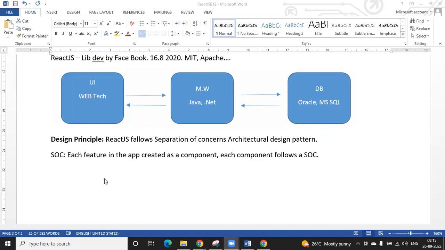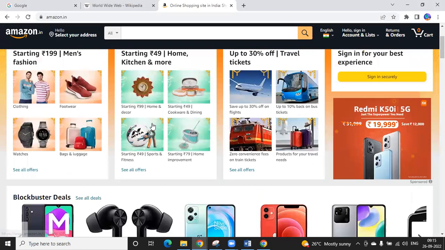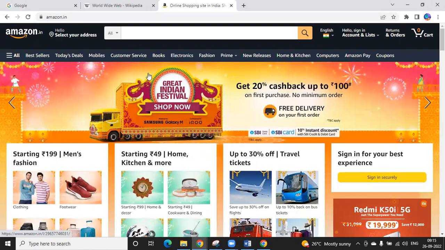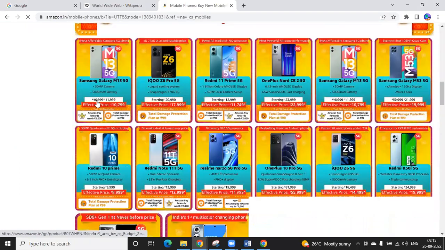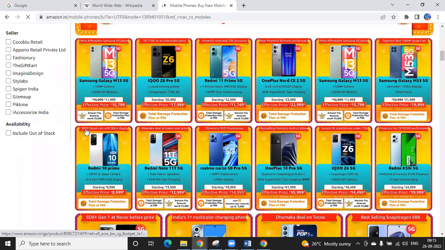Yes, yes. So in your company, you are going to use ReactJS, correct? In ReactJS, your responsibility, for example, this is my application. I will say, please create a mobile page. So you are going to create this mobiles page, am I correct? If you create this page, it is called one feature. Are you clear? This is nothing but a feature of my application. One feature. Are you clear on the statement?